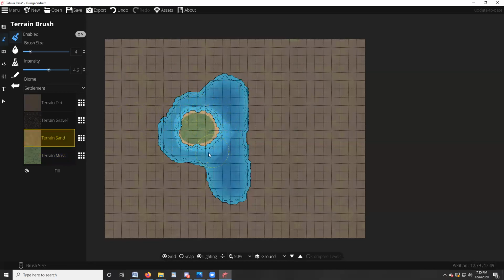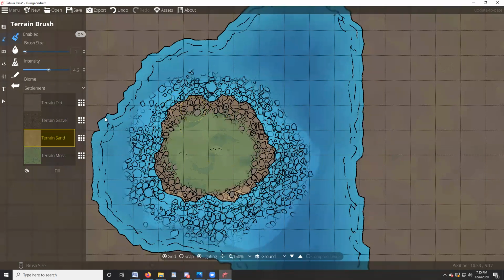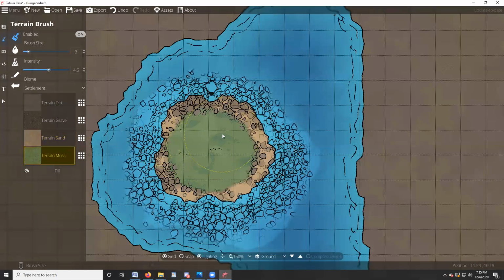You can see the sand underneath the water as it spreads out and looks a little bit different. And then maybe we put some rocks on top of that, on both the water and on the sand and the island, right? Now this is kind of getting crazy, but again, I can zoom in, I can narrow my scope down, I can start clicking on the sand to kind of break up the rock so that it's not so concentrated, in the same way that I could clean up and expand the greenery till I'm happy